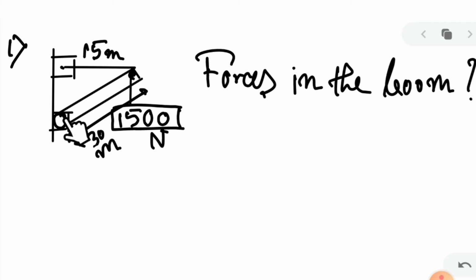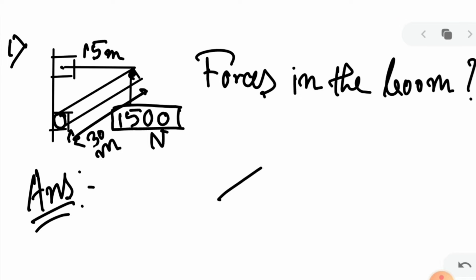Meaning, at first you need to draw the FBD of the boom and then find all the forces which act on the boom. Okay, so let's start. At first I told you that I need to draw the FBD. So the FBD of the boom is, this is the boom. At this point, here is a force of 1500 Newton,